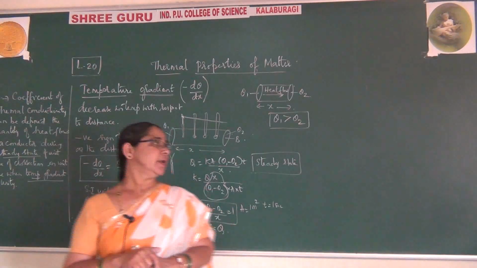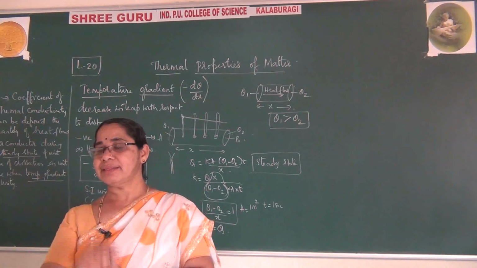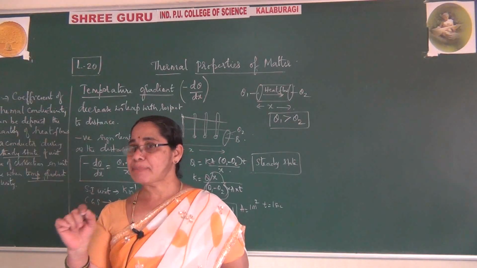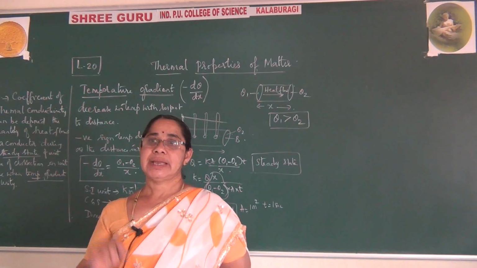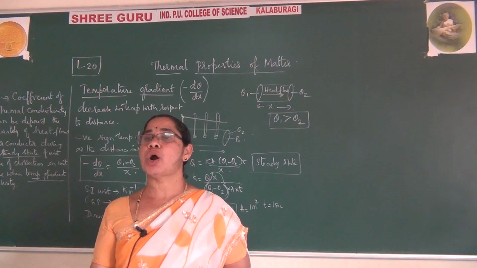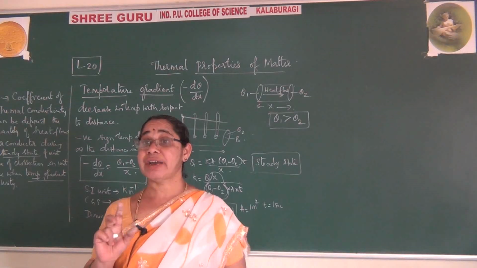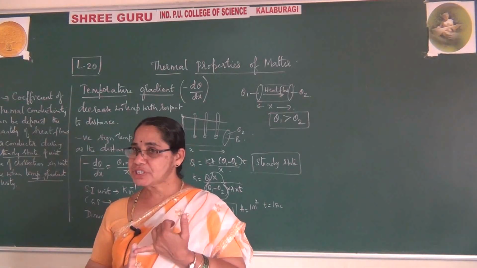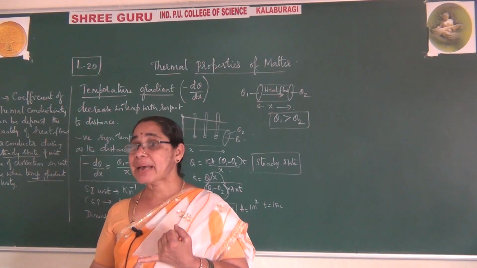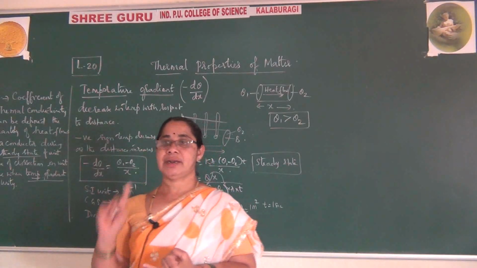I said yesterday this is a 5 marks question. You expect it in theory. How do you get the question? First step, they will ask, what is thermal conductivity? The capacity to conduct heat throughout the substance is called thermal conductivity. Remember, the first question they will ask, it is a 5 marks question. So you answer: the capacity to conduct heat throughout the substance is called thermal conductivity.